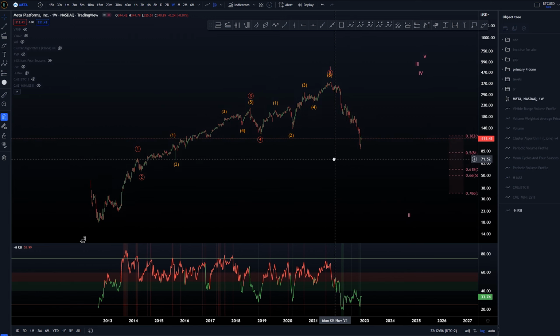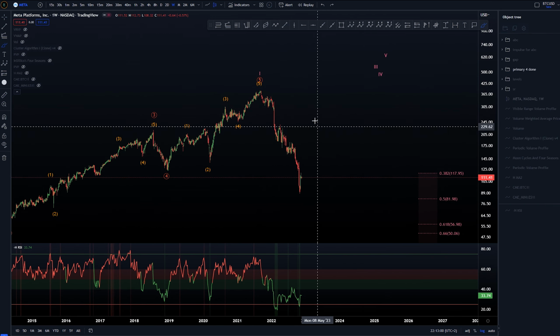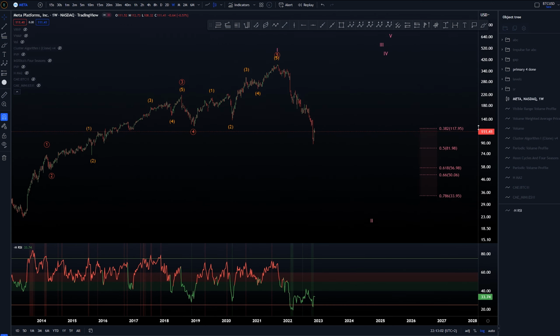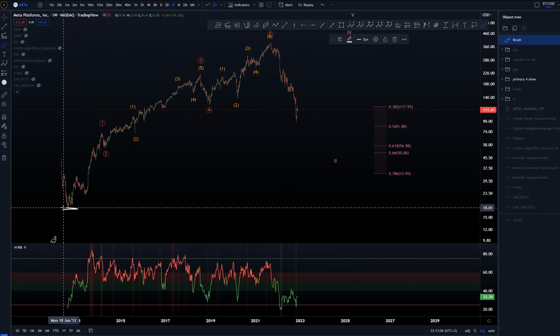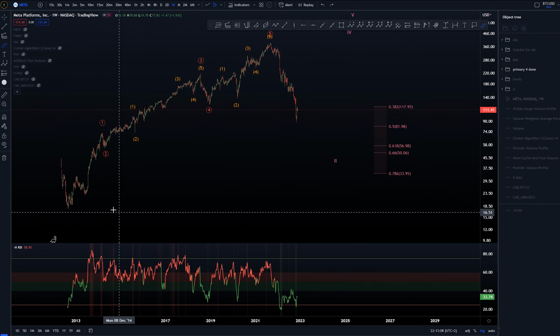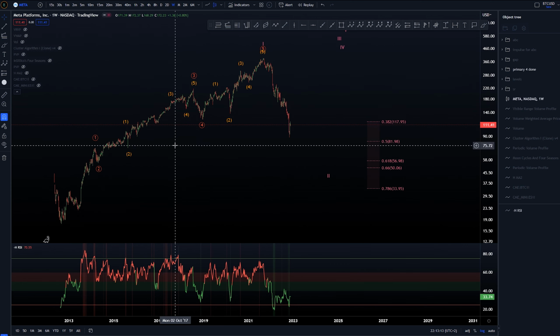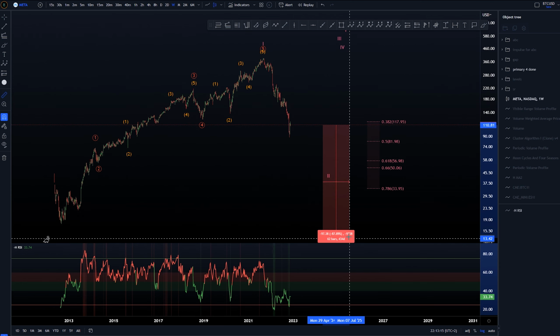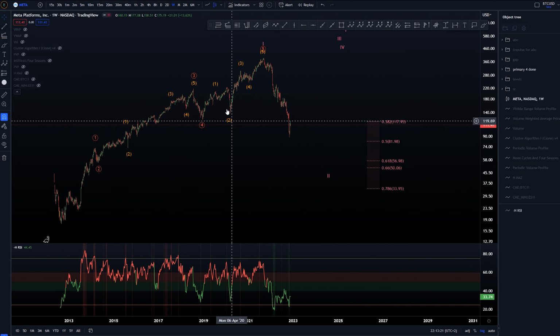But again, we've gone through this before, and the idea is that we would be looking to correct downwards for that wave 2 of cycle before getting up higher. At the moment, if we are taking out the lows here at around $18, then we don't have anything on this anymore, and it's going to be very open. But again, that is going to be taking another 84% on price for that to happen, and I don't see that happening. So again, we don't need to be worrying about that right now.